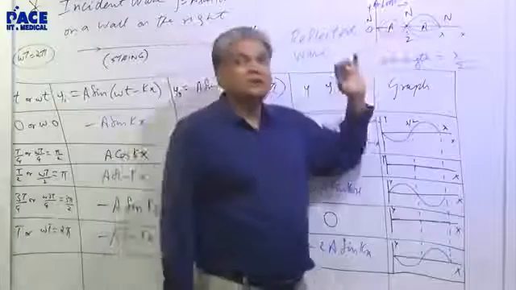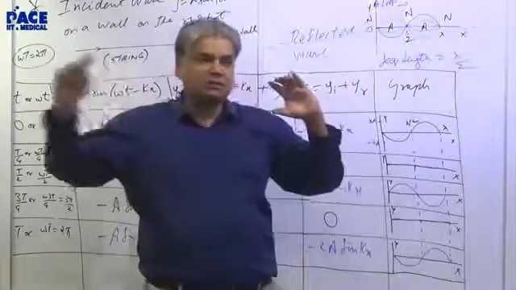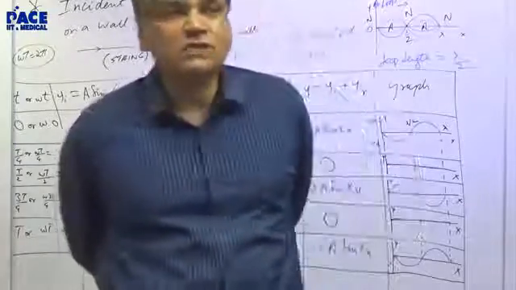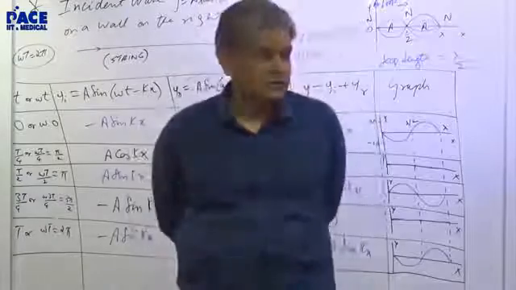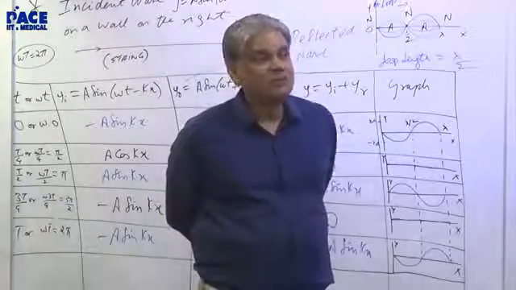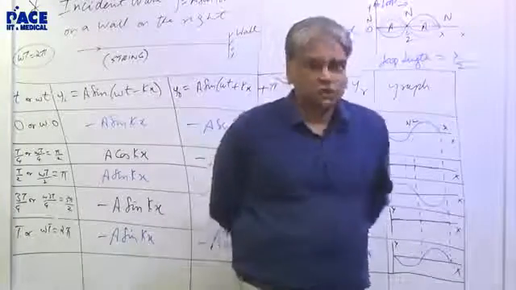So the 2A is called A max. That is the maximum amplitude of the stationary wave. Sometimes some people may loosely call it amplitude of stationary wave, but actually the adjective is missing. It is a maximum amplitude because there is nothing called amplitude. Different points have different amplitudes. Unlike a progressive wave which we have done so far.